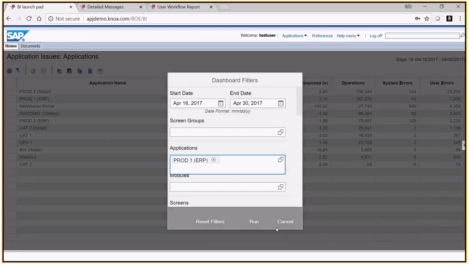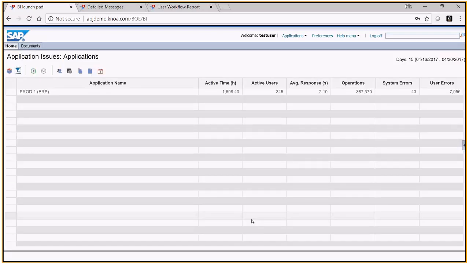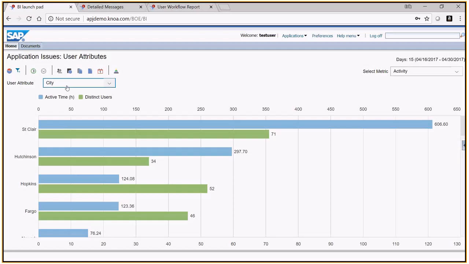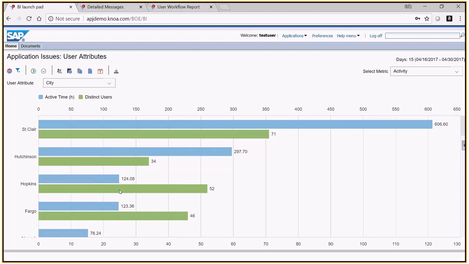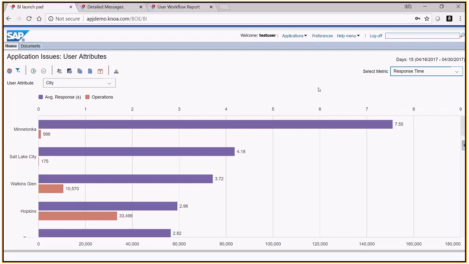And now we're just seeing the activity around production 1, okay? And the first question that comes up always is, who's being affected by this response time issue, right? So if we look at this from a regional perspective, and this is what we call user attributes in the solution. So here we're looking at the city, but we can easily be looking at the state, the business unit, department, the country, right? If everybody is accessing production 1, let's go ahead and change this metric to response time